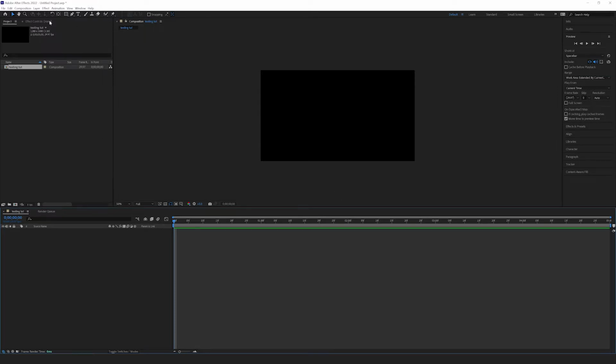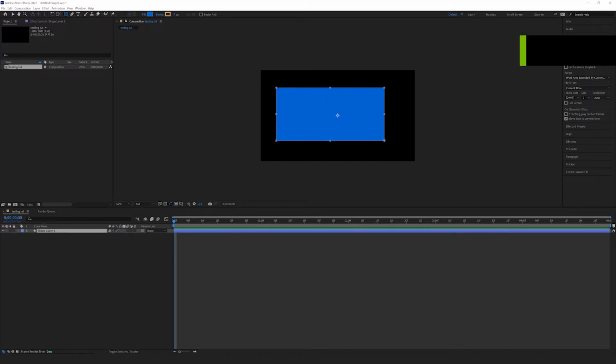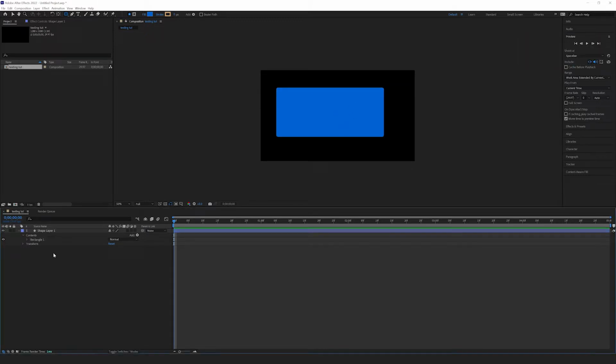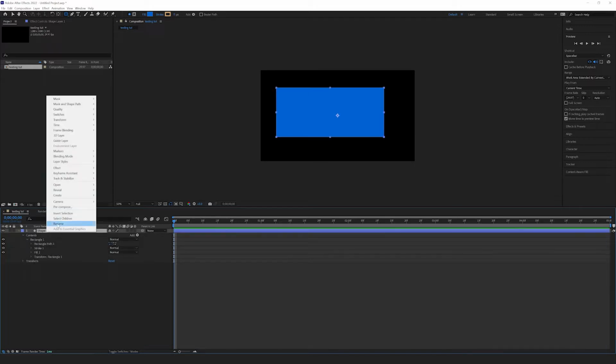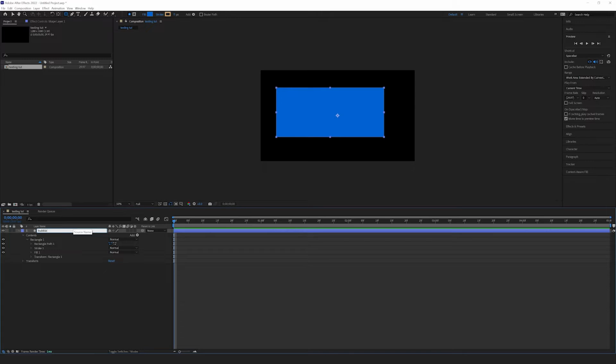So in this new composition, I'm going to start right away with a shape. This is the base of the bubble. I have a rounded rectangle selected, and I'm just going to make one. This one is going to be fairly big, coming up right there, and you can see I have it all set down here. Now, in the shape layer, which I will rename to bubble base,